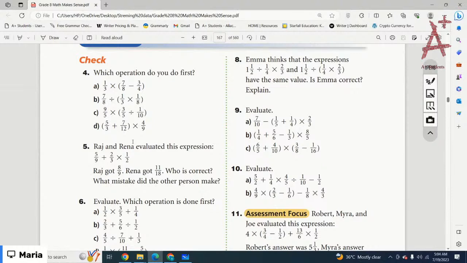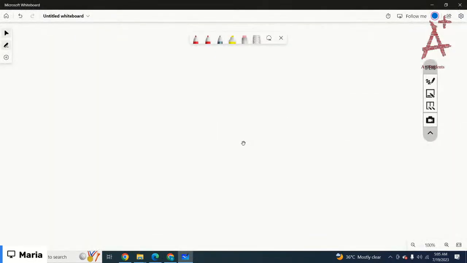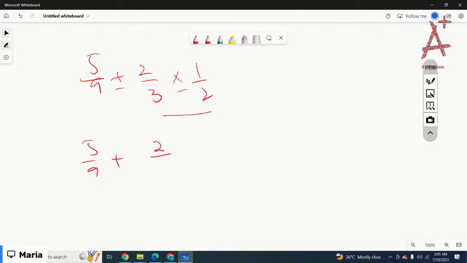5 by 9 plus 2 over 3 times 1 over 2. So here you have addition and multiplication. Multiplication has higher priority over addition. You have to multiply first. Got it? Let me just multiply. 2 times 1 is 2 and 2 times 3 is 6. Now you have to